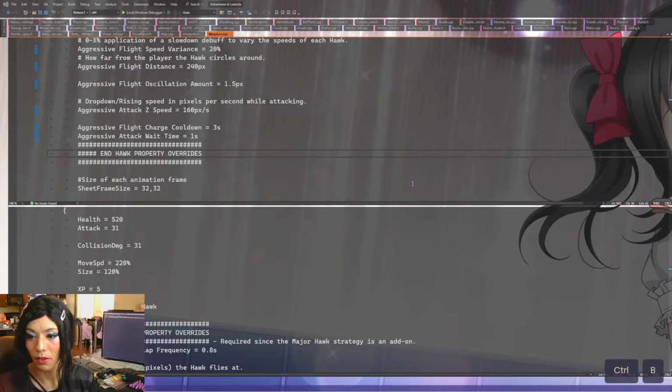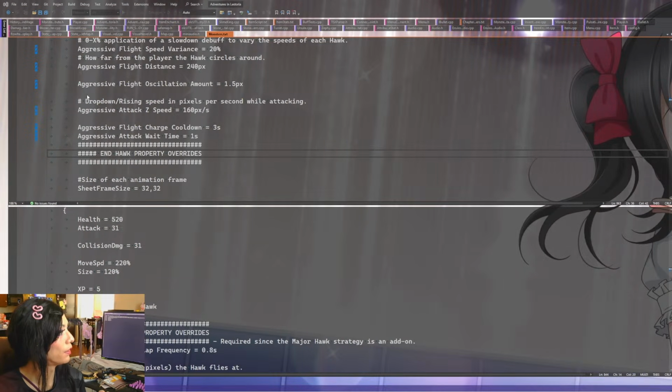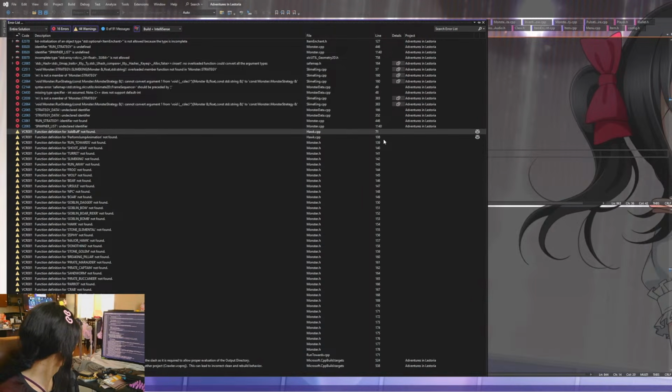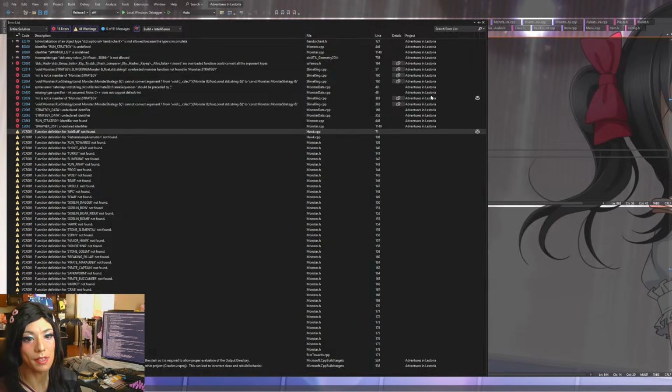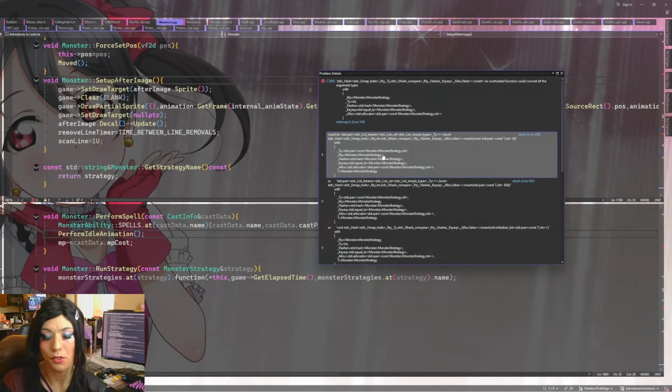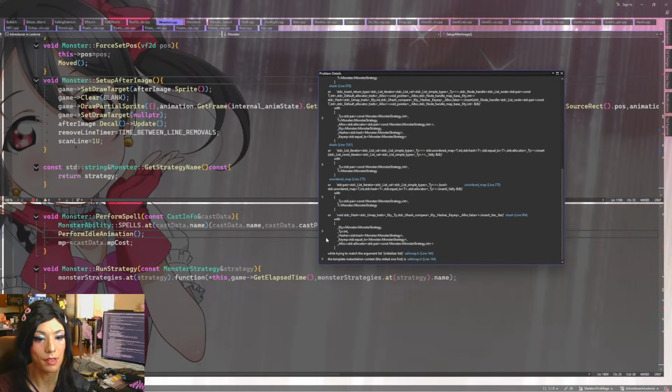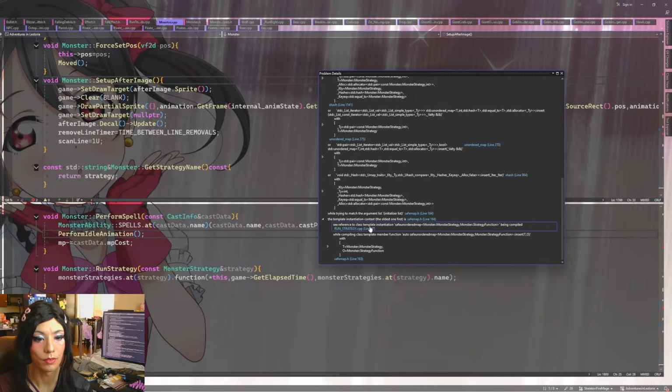Alright, so where are we with the build? So now, no overload function could convert all argument types of monster strategy, comma, int. So it's doing this again, where it can't convert these to the type it needs to.